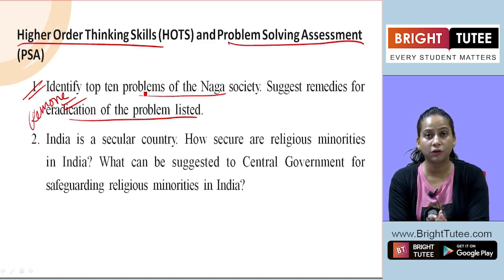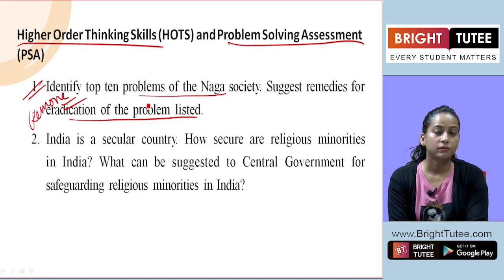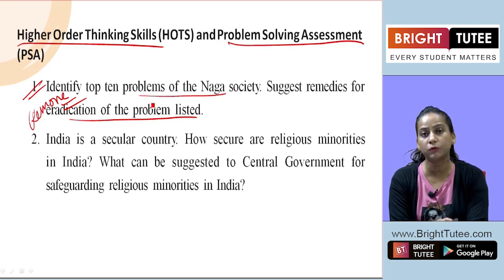Now, what suggestions or remedies could be taken to improve their condition? It is on our part as the people of that society. What is on our part? That we ought to have self-analysis, serious introspection and self-criticism. Only then are we able to bring improvement in our society. Because until and unless we recognize our weakness, it is not possible to improve it.